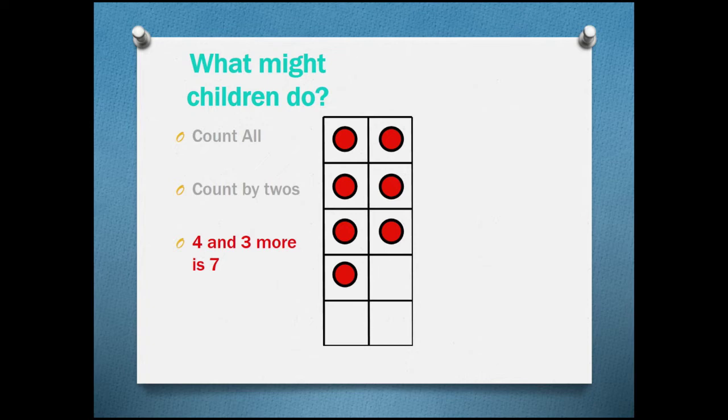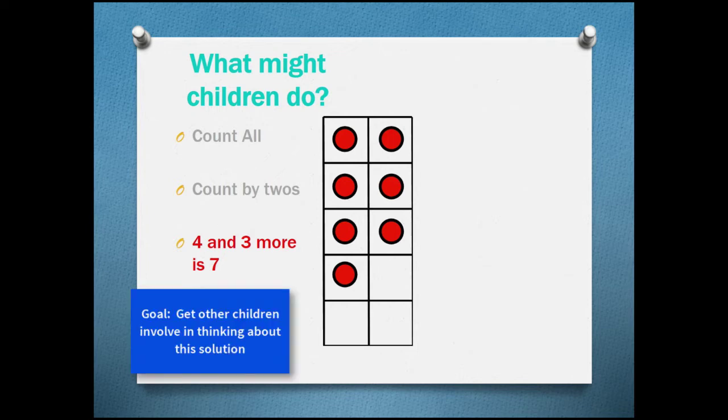Now, because you're the teacher, you can see what Joe is doing. He might use his fingers, for example. He might say that he saw 4 and 3 more, and maybe actually what he was doing was putting up 4 fingers on one hand and 3 on the other hand, and he may actually have then counted them 1, 2, 3, 4, 5, 6, 7. Or maybe he just knows that 4 and 3 more make 7. This one, however, because it's a non-counting solution, is worthy of some class time,